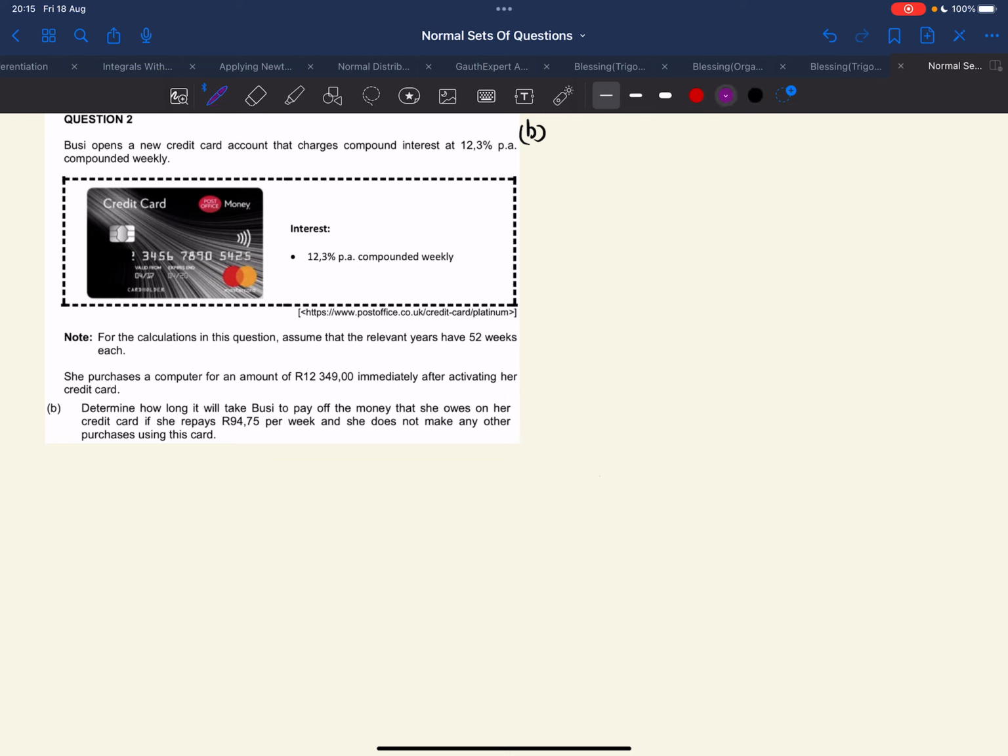In this case, we have P equals 12,349, and the amount we're going to repay, X, equals